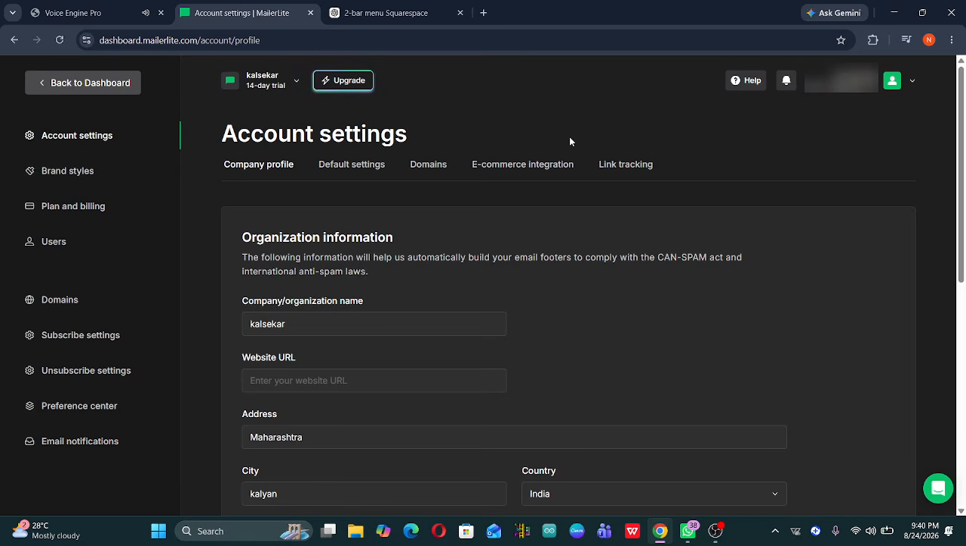This is where all the important options regarding your account can be found. Once you're in the account settings, you should see various tabs across the screen. What you need to do now is look for the tab that says Company Profile. Click on that. This will take you to the section where you can view all the details related to your